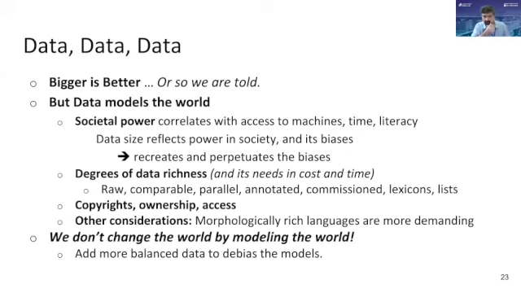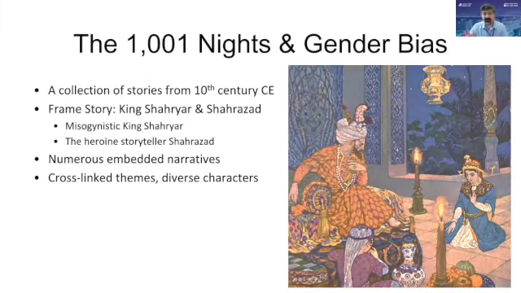And I want to kind of relate to the previous point I said about the language. So, morphologically rich languages like Arabic or Spanish, etc., these are also more demanding when it comes to data. You need to see more examples so you can build a better model, because in some cases you will not see some words as much as other words as a result. But my main message here is that, if we really want to try to change the world using technology for good, we don't do it by just simply modeling the world. We need other things to do. And more balanced data could help debias the model. So that's kind of an impression that a lot of people believe in and have been pushing for in big companies.